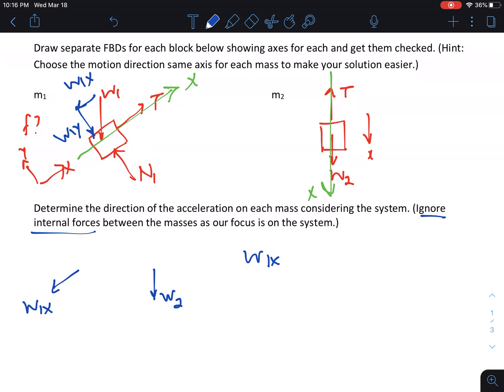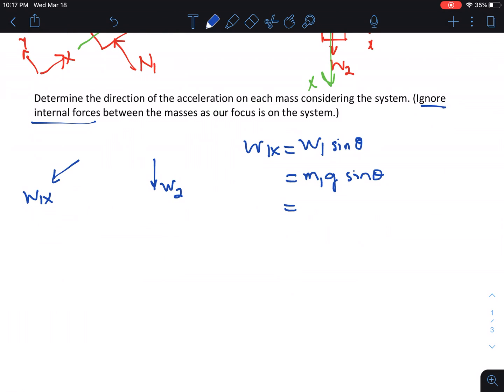So what is W1x? W1x is W1 times, if you look at the free body diagram, this is your theta here, the tilted surface. So it is really sine theta here. W1 is M1G, that's the definition of the weight force, times sine theta. If we plug the numbers in now, M1 is 5 kilograms, G is 9.81 meters per second squared, and sine is 30 degrees. And from this I got 24.53, not 63,